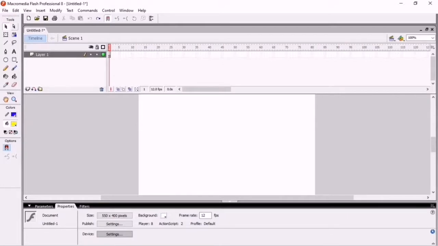Today we start chapter 8, drawing tools in Flash. Before this we worked in Flash, so again we select some shapes. Like I select the rectangle tool, and here two colors are selected. Okay, so I make a shape here.